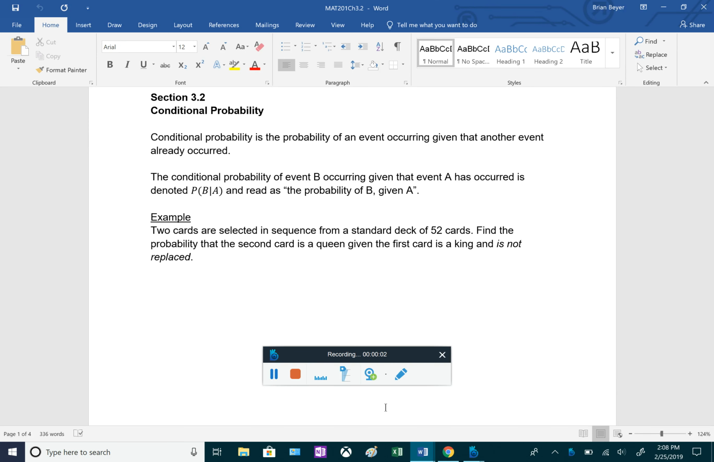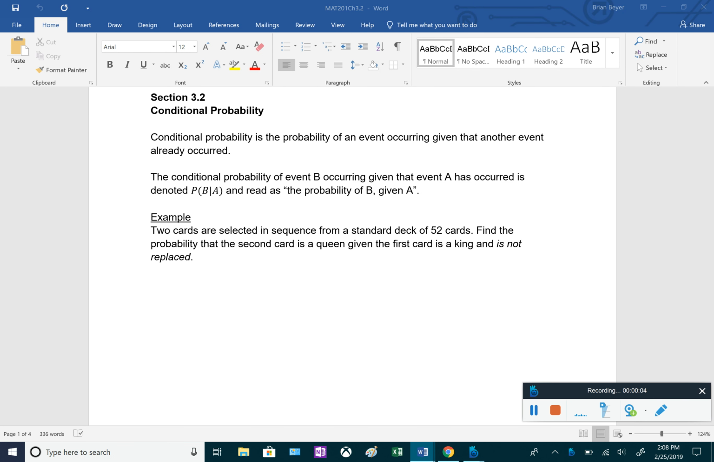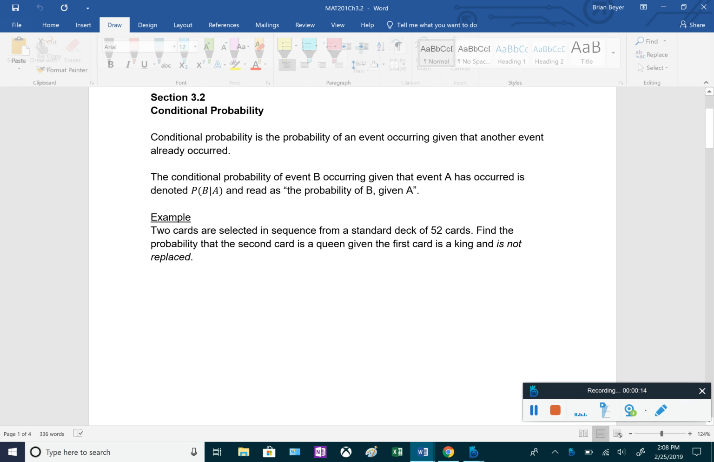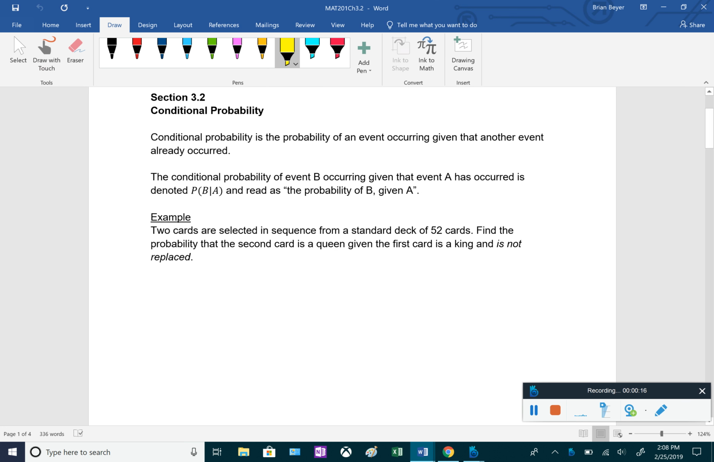So for section 3.2, it's going to be conditional probability. Conditional probability is the probability of an event happening given that another event already happened. Sometimes this will change the probability and sometimes it will not. The conditional probability of an event B occurring given that another event A already occurred is going to be